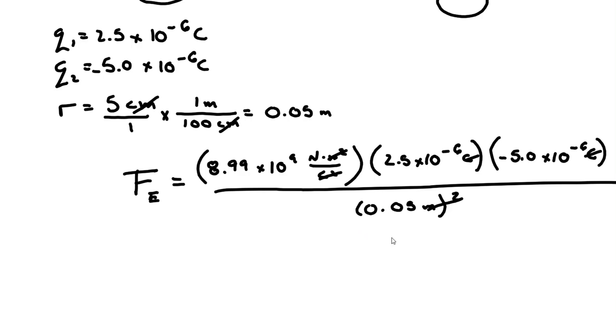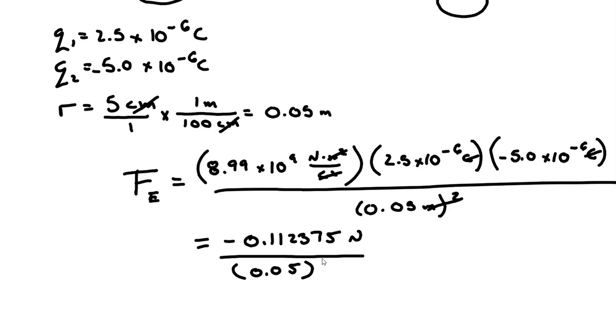I'm going to hit enter there, because then I can not worry about dividing it wrong accidentally, and I get negative 0.112375 newtons over 0.05 squared. So my electric force, taking it to 3 sig figs, is equal to negative 45.0